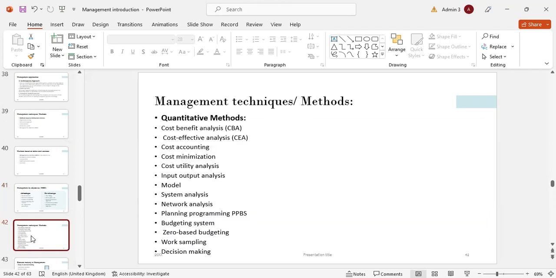Other is quantitative method, which includes cost benefit analysis, cost effective analysis, cost accounting, cost minimization, cost utility analysis, input output analysis, model system analysis, network analysis, planning programs, programming, budgeting system, zero-based budgeting, work sampling, and